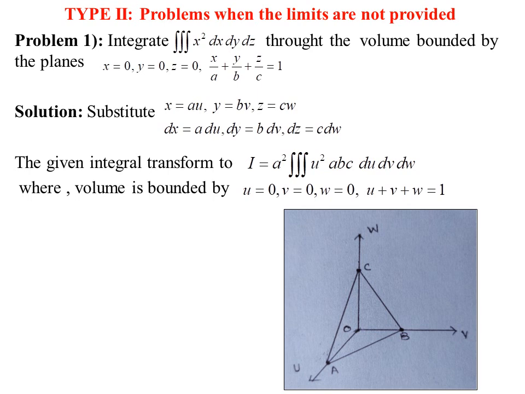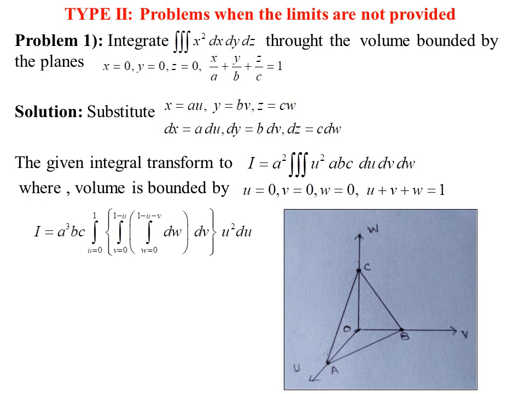So if we have to integrate with respect to w, then w is equal to 0, that means the uv plane, this is the baseline of this tetrahedron, till w varies with 1 minus u minus v. So with this equation we get the limits of w, which we can write. As the limits of w we are getting in the form of u and v, we have to integrate with respect to w first. Getting my point? So the integration can be written in this way.